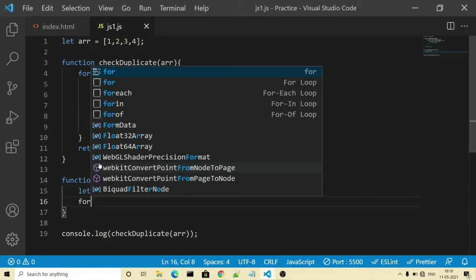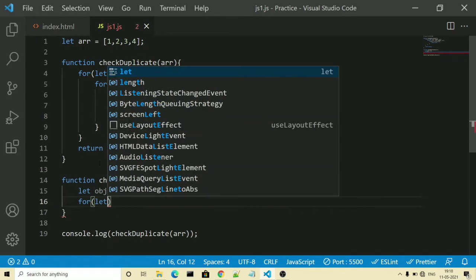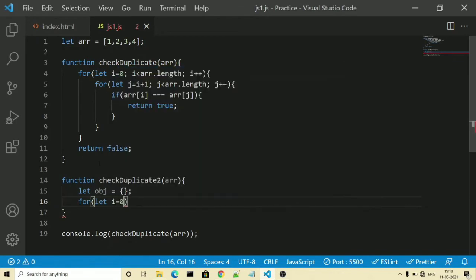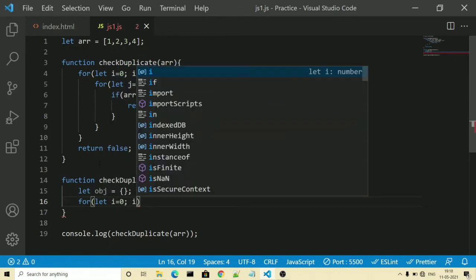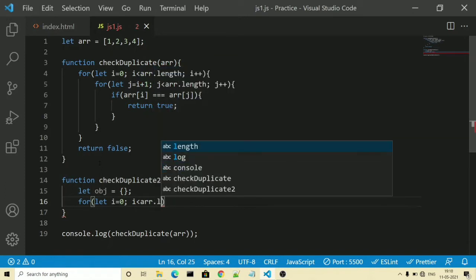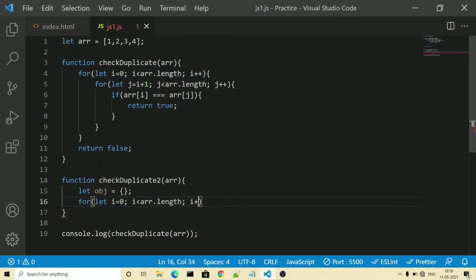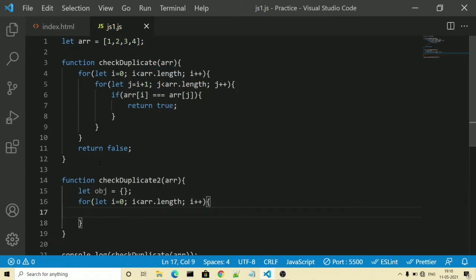Then we will loop through all the array elements: let i is equal to 0, i should be lesser than arr.length, and then i plus plus. Once we go here, we will check if our current element exists inside the object or not. If it does not exist, then push it inside the object using a key value pair. If it already exists, then return true.